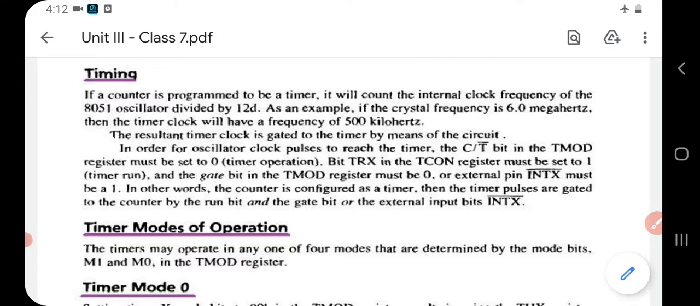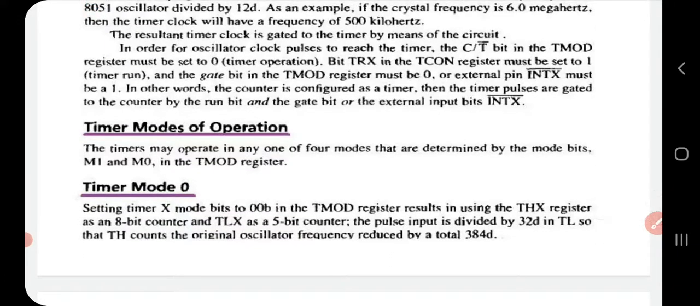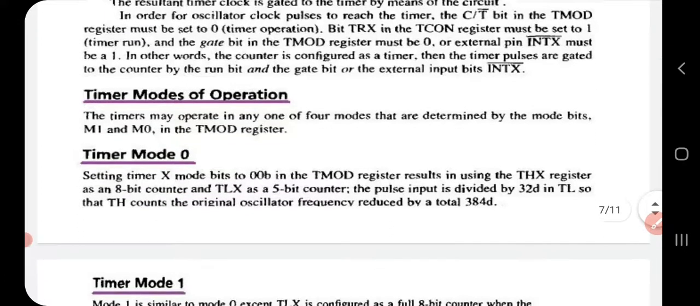happens to the timer pulses, that will be gated to the counter by the run bit and the gate bit or the external input bit INTX bar. That is enough. Now there are various modes of operation for the timer, and they are, the first one is